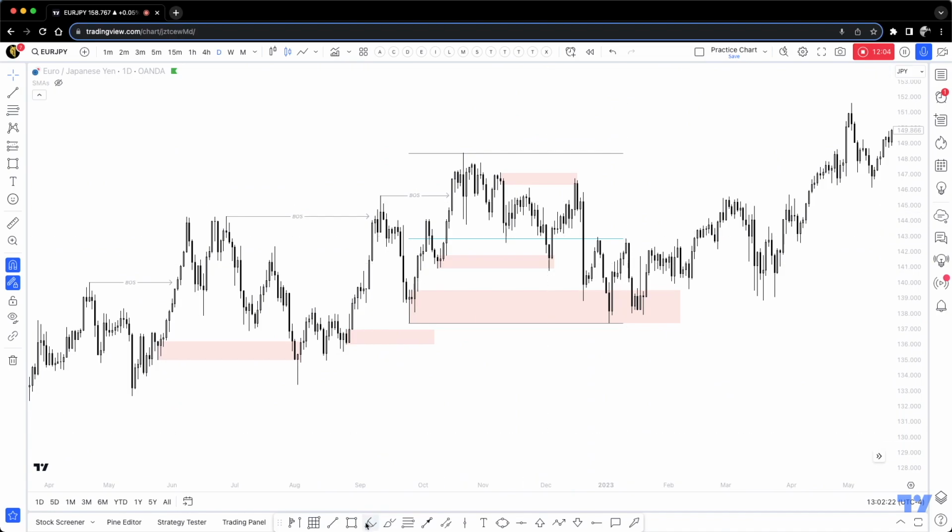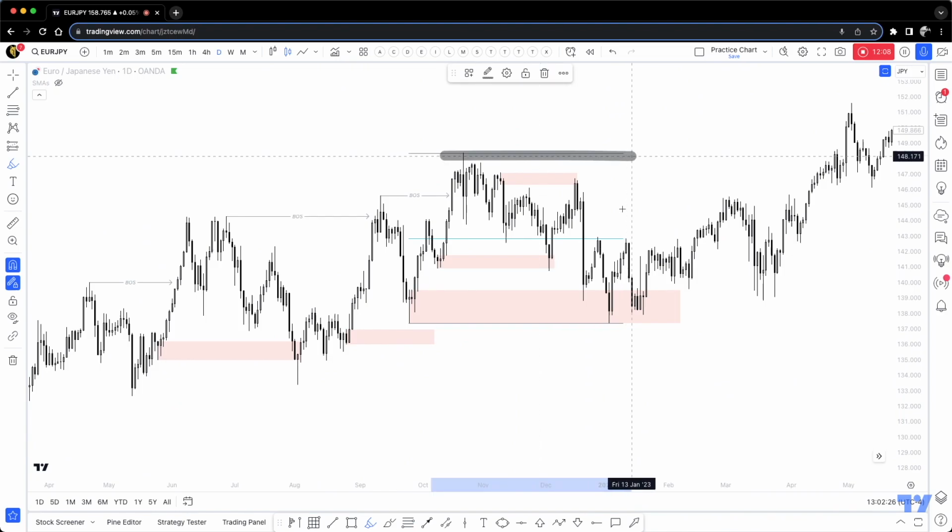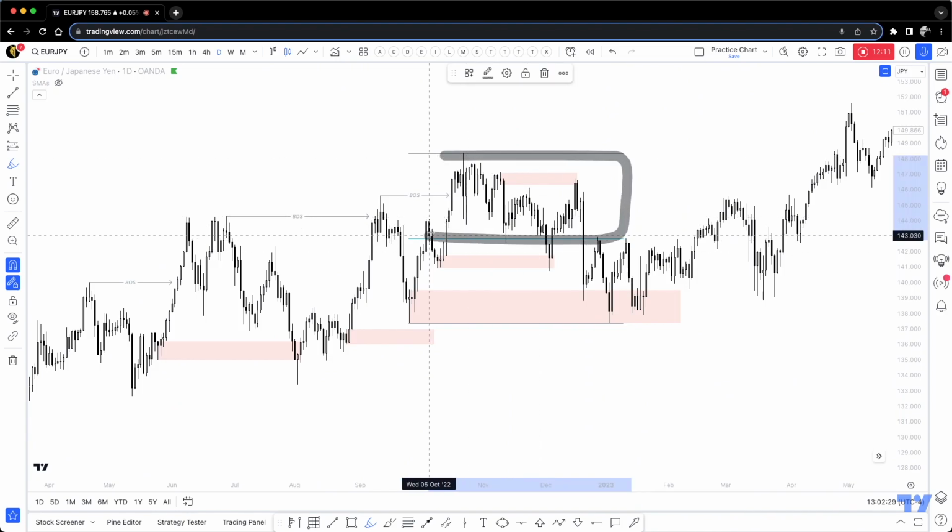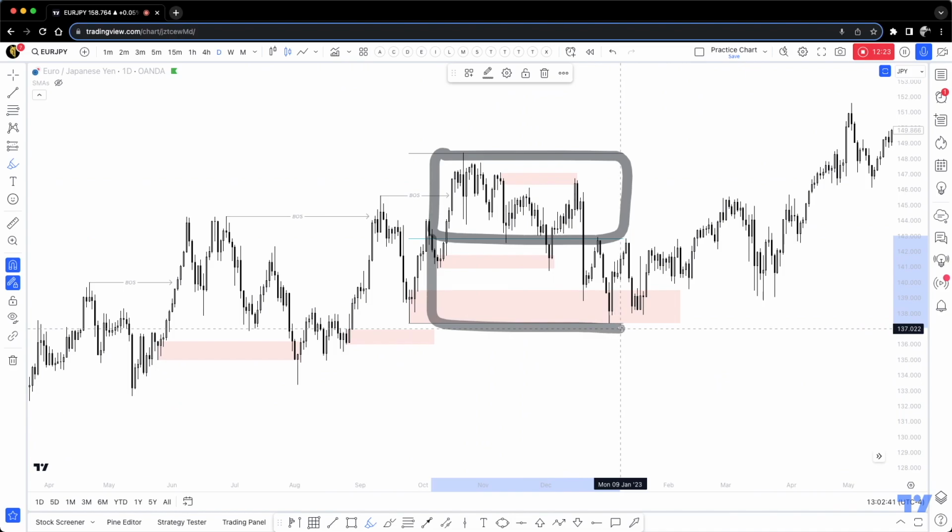So understand that premium and discount is basically this area. This area right here is a seller's zone. We don't buy from here. It's very expensive. We sell expensive. And when the price gets to this zone, as simple as that, you have to understand where you're standing. I always say this: where are you standing? So you are right here at the moment. We are in a discount. We are definitely in a discount area. Okay, so it's a good zone for buyers.